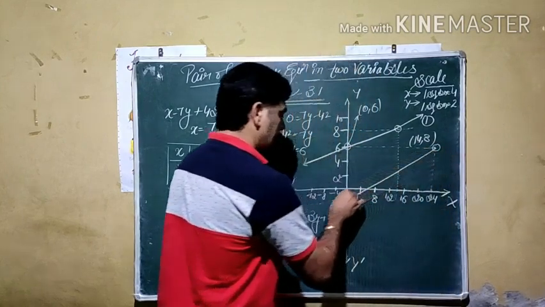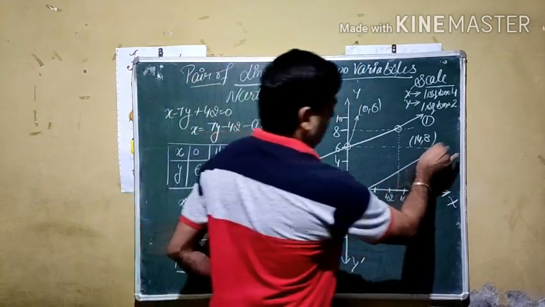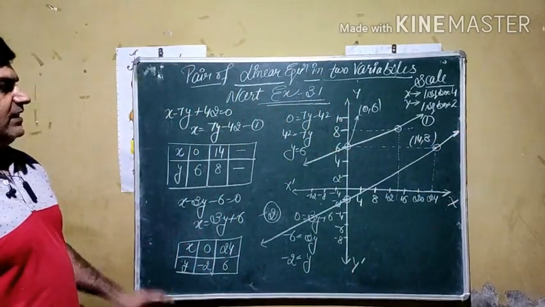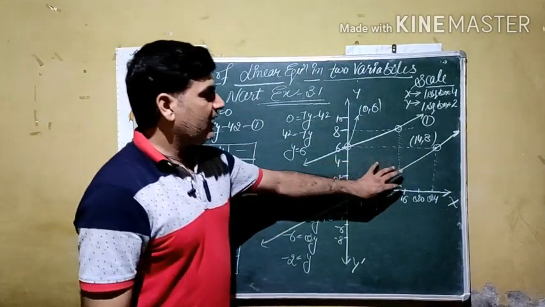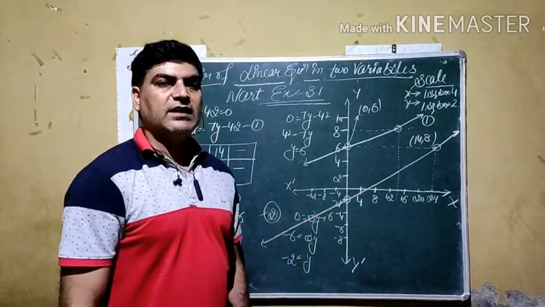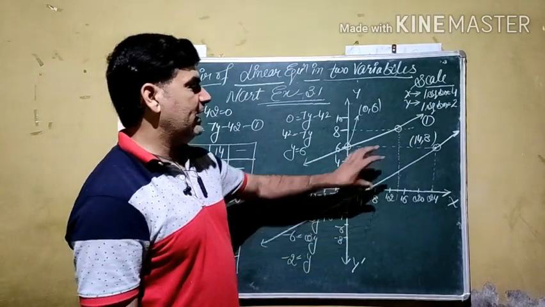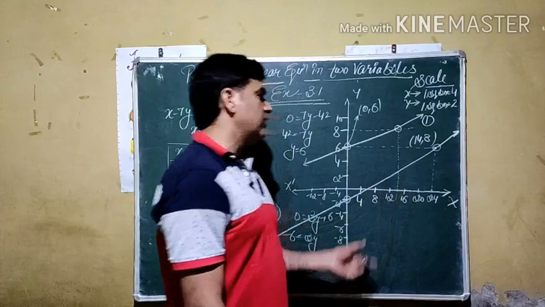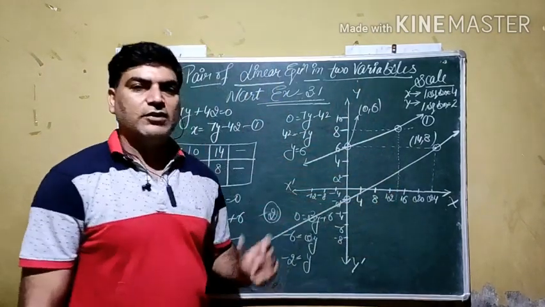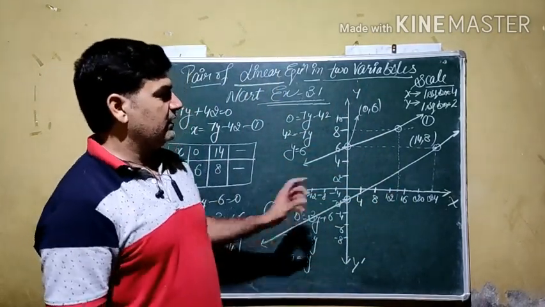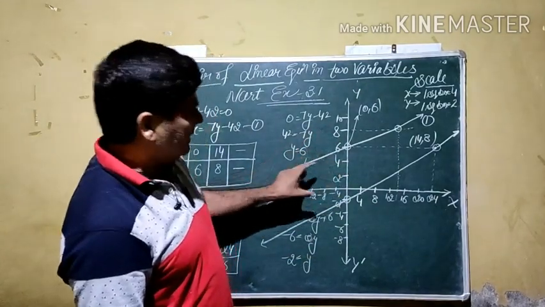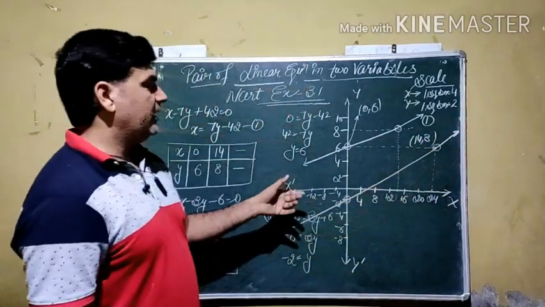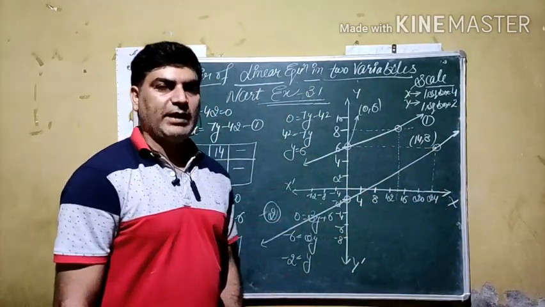Join them with scale and extend them. Like this, we can represent the given equation on a graph. This method is known as the graphical method. Finally, we get the approximate answer, and the accuracy we can get on the graph paper is limited, because here we are not having the scale, not having equal spacing. That's why it looks like if you extend it further, they will intersect somewhere away. But here it is not possible to represent it accurately.